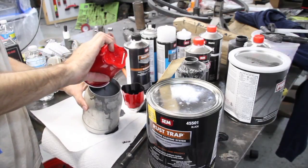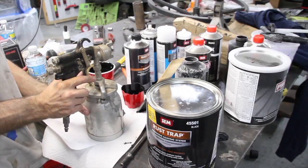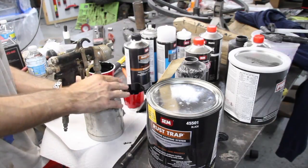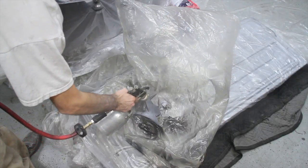So you don't need to use the Sim products, but I figured this rust trap would be a lot better than just using regular primer. And I'm going to spray it with the spray gun. So I'm just testing out the spray,